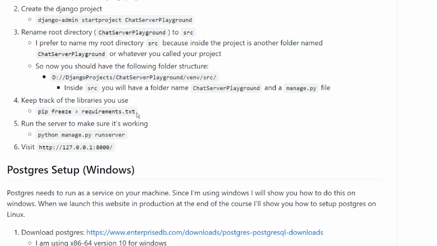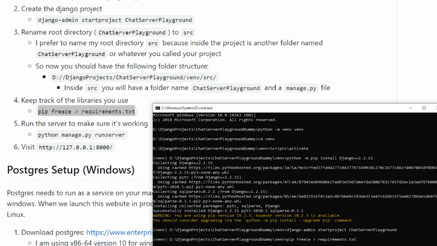All right, so next we need to keep track of the libraries. When you build any project, generally you want to keep track of the packages or the libraries that you use. Well, Python has an easy way to do that. I can use pip freeze and then store that, which will automatically gather all of the libraries or the packages that I have installed and save them into a requirements file. So if I go and type that into my command prompt, pip freeze greater than sign requirements, and I type enter,